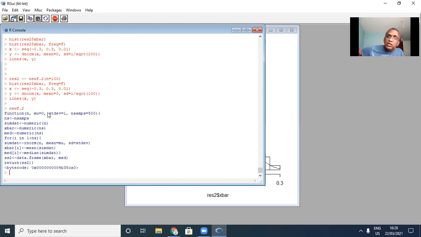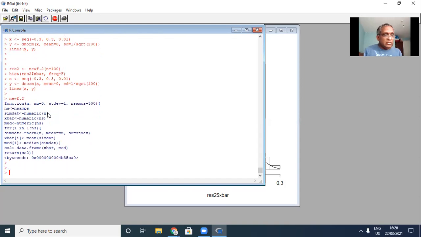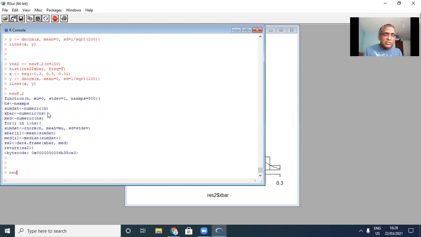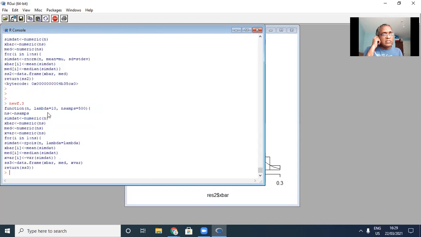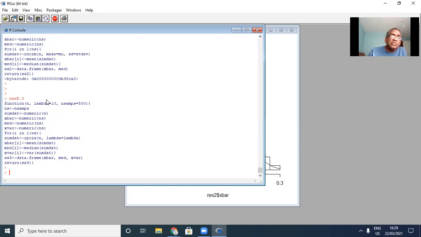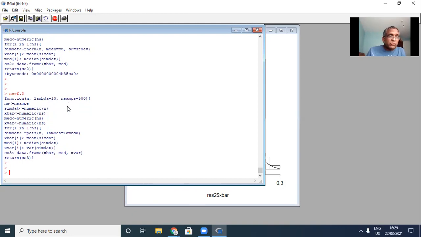All right, let's go to the next section, section number 3, which is simulating distributions of sample mean, median, and variance of the Poisson. So the function that corresponds to this section is this one. What we are doing here in this section, guys, is simulating from a Poisson distribution with lambda equal to 10. This function does 3 things. It simulates 500 values